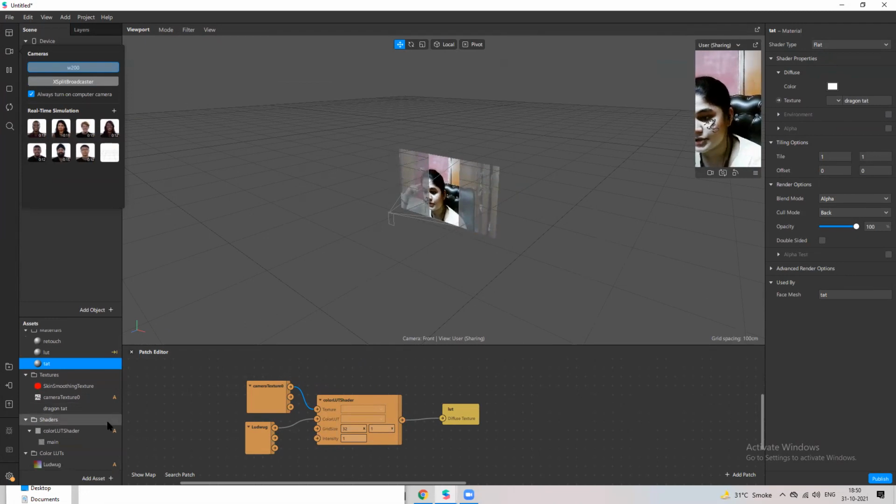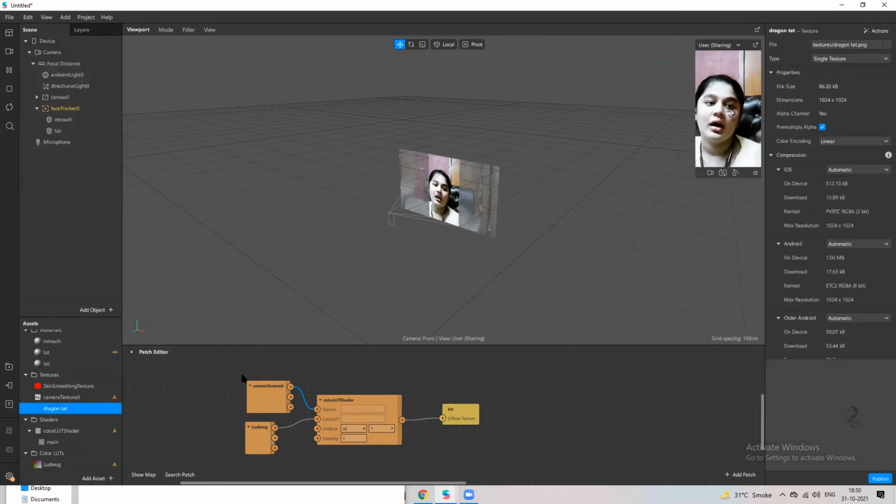Okay, so now one more thing I wanted to show you is compression. Compression is something that's very important. It's a best friend while using Spark AR, because sometimes we have very big texture files, and then we only have 4 MB. Spark AR has only given us 4 MB to use, and if we exceed it we cannot really upload those filters. So these compression options are our best friends.